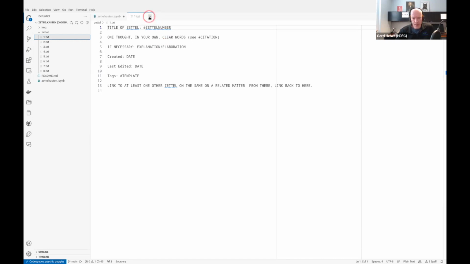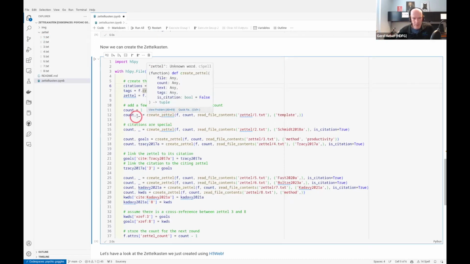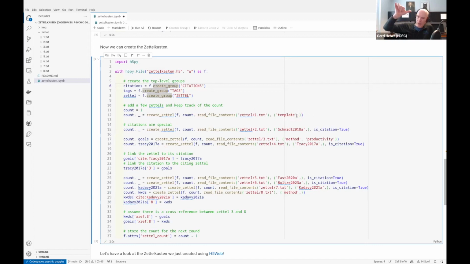It's really not the purpose here to be particularly sophisticated about that. But as we said, the create zettel function does the not so heavy lifting here. We have to increment our counter, and then sometimes we ignore the handle for that particular node, then we just suppress it, we ignore it, but we want to keep track of the running counter. So we insert our first zettel, and then the last argument, remember here, we can pass a